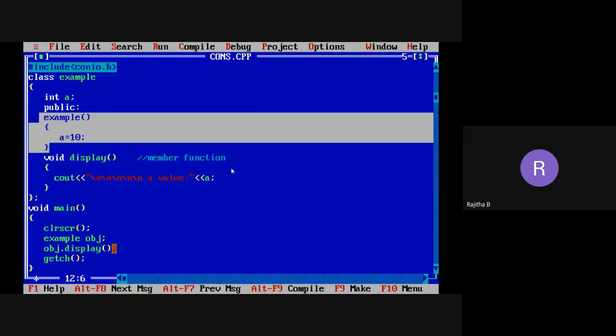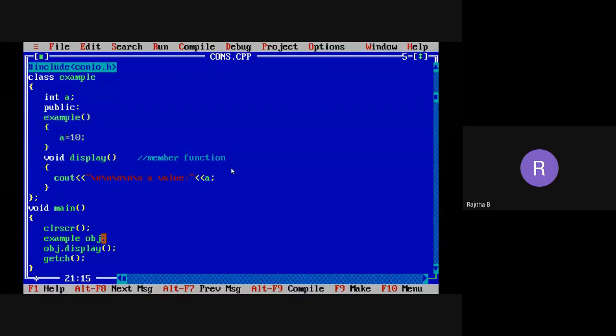Now you can print that value also. Now I want to take one more object. In the next statement, I want to create one more Example object. So I am taking two objects: this is obj1, and now I want to create one more object, that is obj2. So what do obj1 and obj2 consist of? Data members and member functions of a class. What are the data members here? Int A, and the display function and constructors.